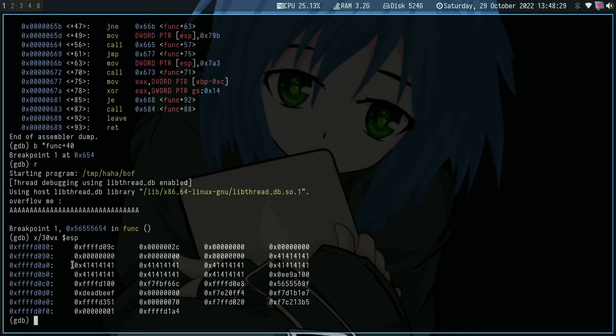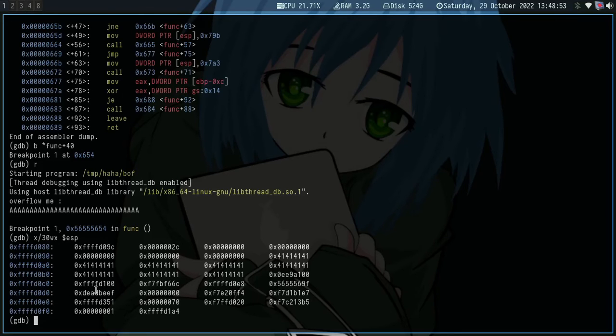You can see our A's are up to here. From here up to here we need to calculate so that we know the offset. So 1 2 3 4 5, 5 times 4 is 20, plus our 32, that is 52.